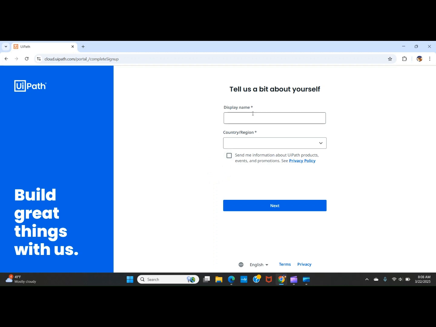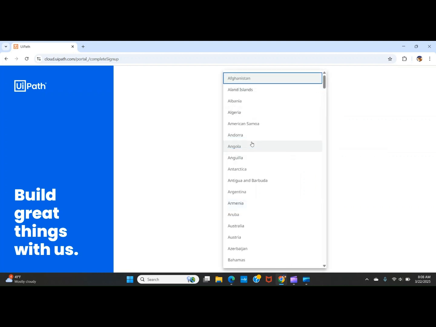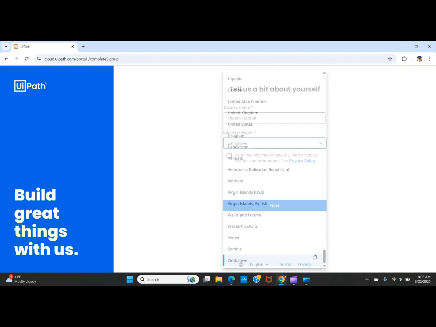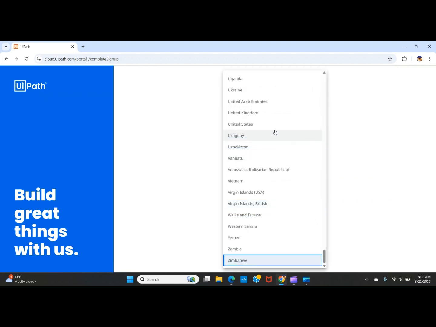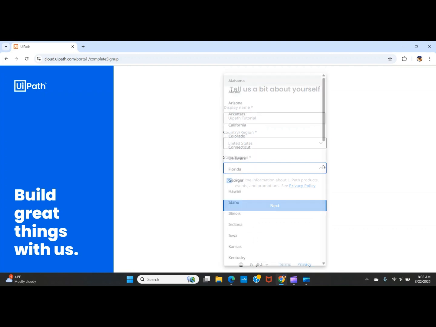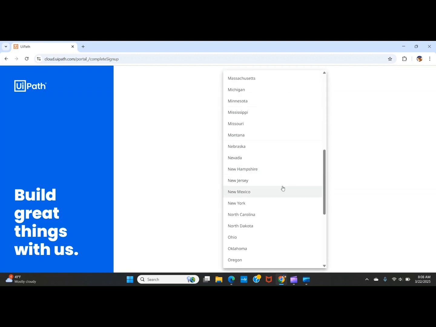Once you're done, give a display name, and then select your country, then select state